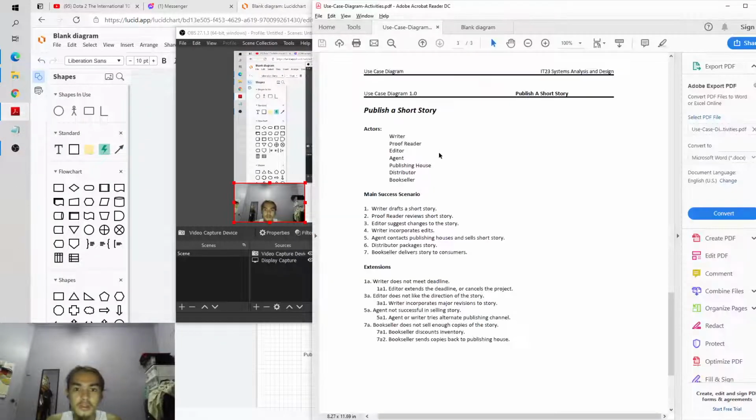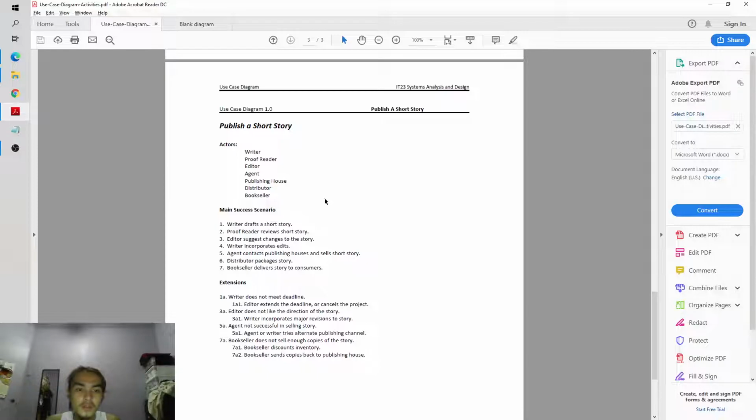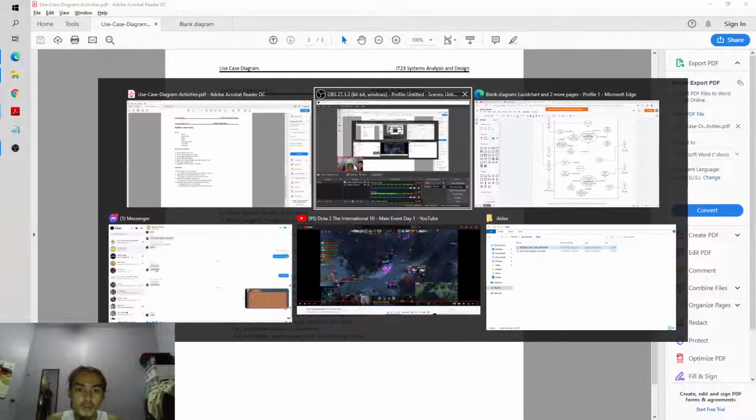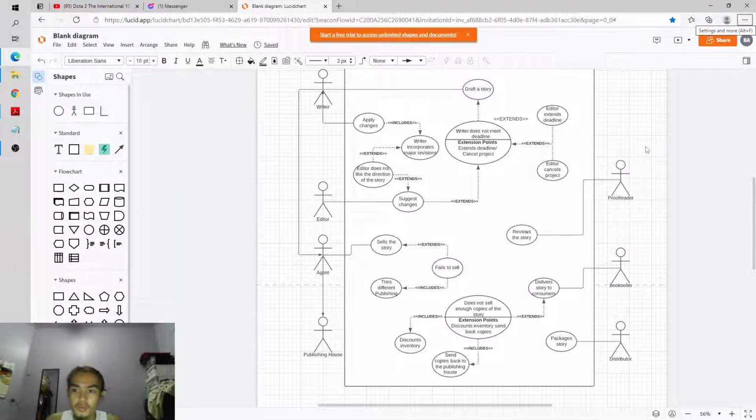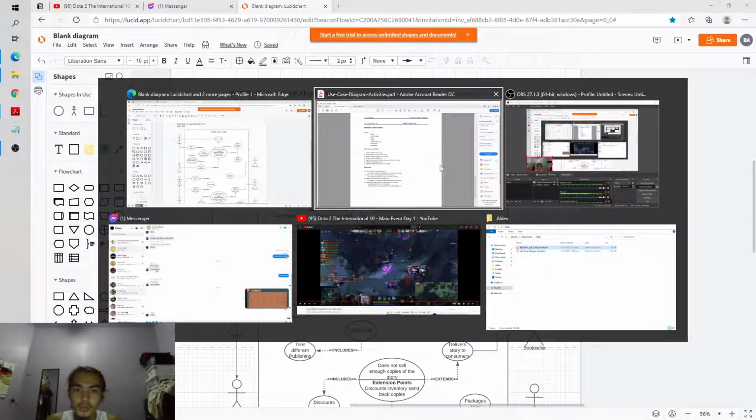This is my use case diagram of publishing a short story. This is the PDF that was sent to us. Let's see here: actors, main success scenario, extensions. I just finished doing my use case diagram. So in here, in the PDF format,